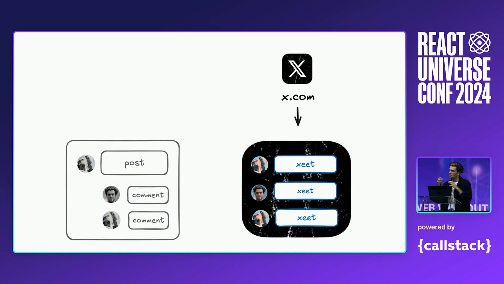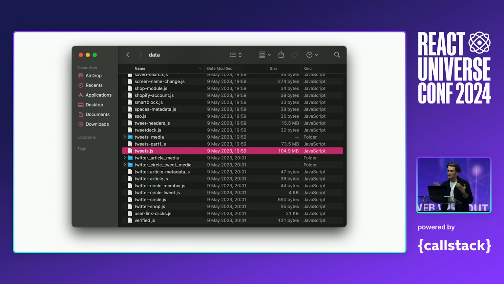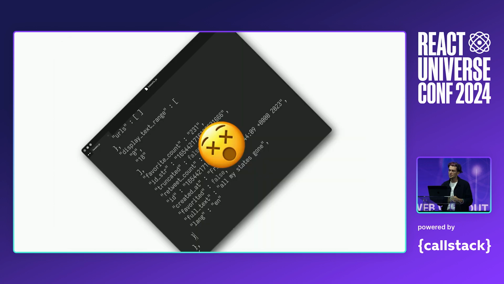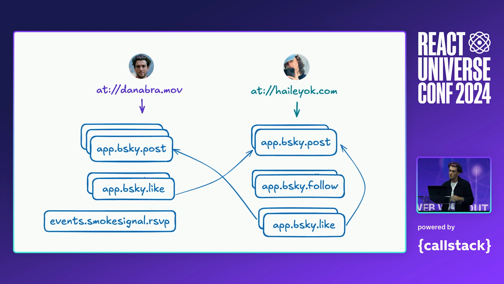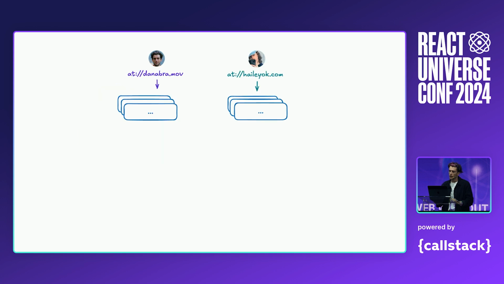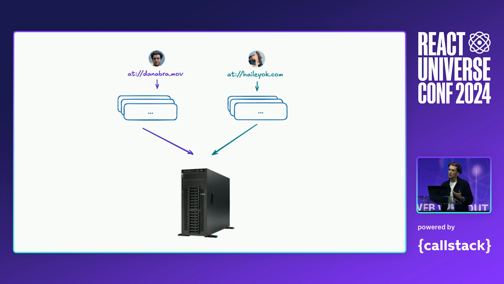But products change, products die, products change in ways we don't expect. And we can download an archive of 100 megabytes, but that's just dead JSON. We can't really do anything meaningful with it collectively. And so what if instead there was a layer on top of the web that was product agnostic, that was user controlled, and that was shaped like the web, where we could put pieces of JSON with the types defined by applications. And so these pieces of JSON could link to each other just like pages can link to each other on the web. And then we would need some way to aggregate this stuff on the server.